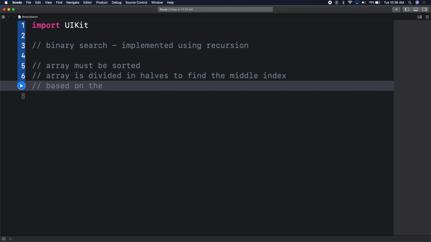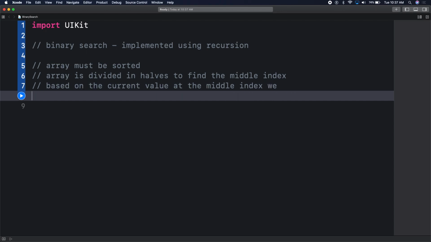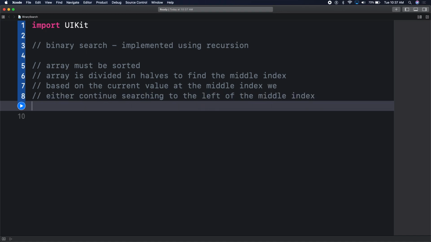Based on the current value at the middle index, we either continue searching to the left of the middle index, or